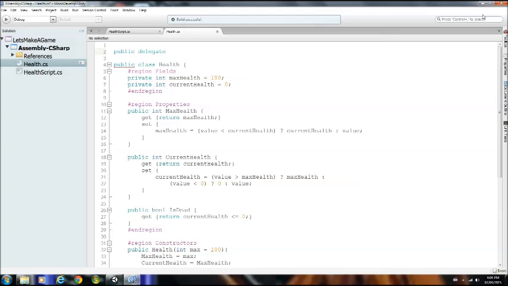So much like a method, the delegate says this is the signature. So it's going to be void. And we'll say change health delegate. You can call it what you want. I usually just put delegate to tell what it is. Now an event takes two inputs. It always takes two inputs. The first is object sender, who's sending this event, and the next one is what's known as an arg, which is not going to show up because it has to be